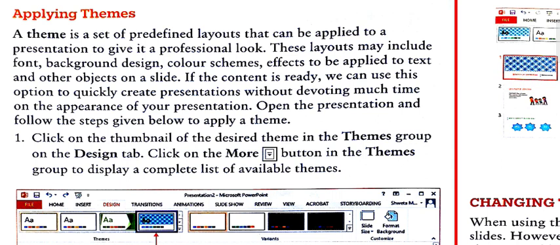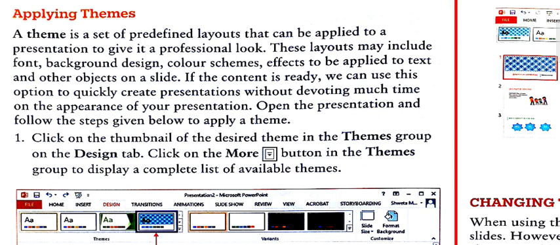So a theme is a predefined slide that has attractive fonts, background design, color scheme, and different types of effects to be applied on the text and other objects on a slide.